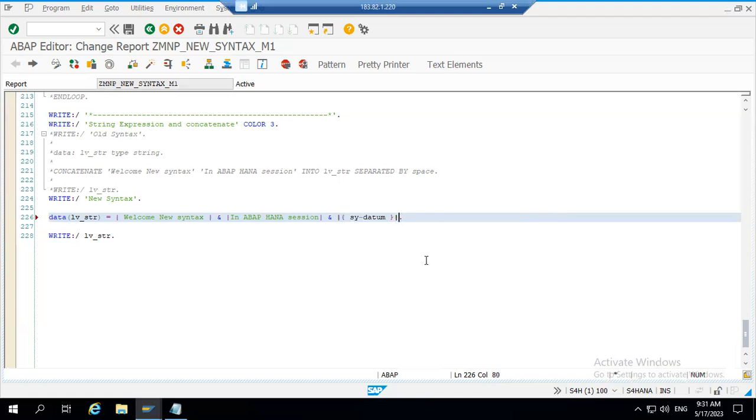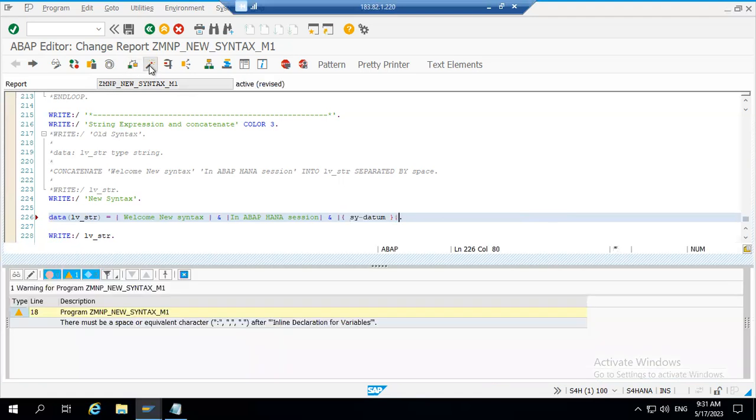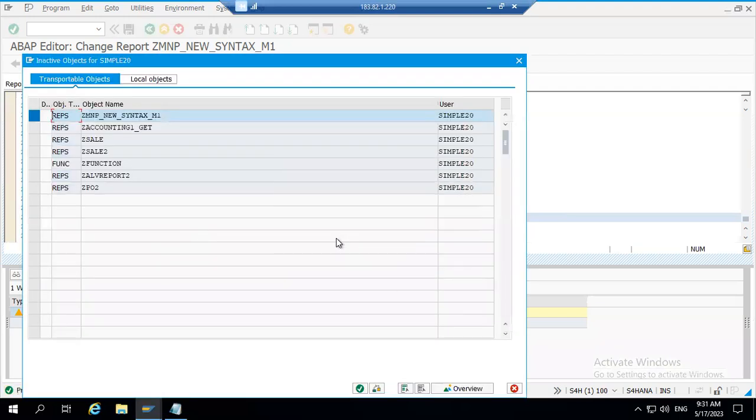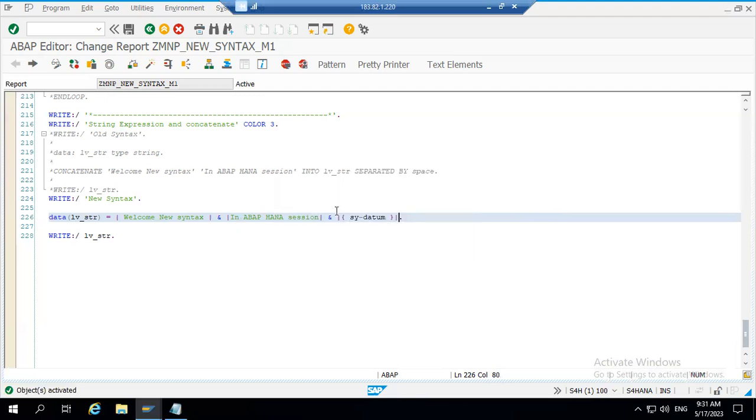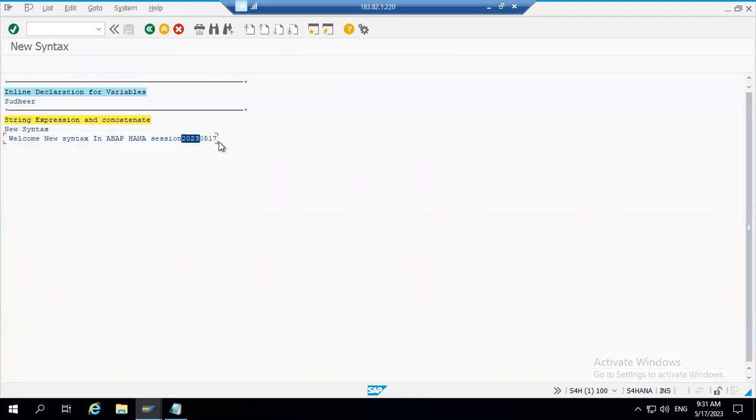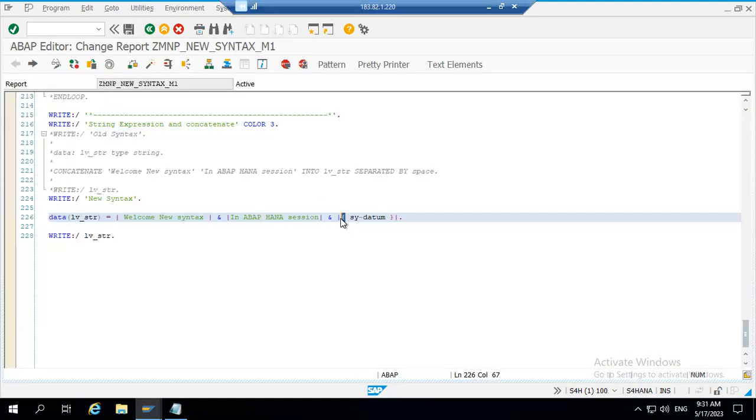Then, okay, this type we can give any dynamic values. If it is not hard coded text, some variables or work area you have that you want to concatenate, in that case you have to use the flower bracket, open flower and close flower bracket. Then, okay, see, now the date is coming. If you want a space, then after the pipe symbol you can give the space. And if you want a date format, like month, year like that,